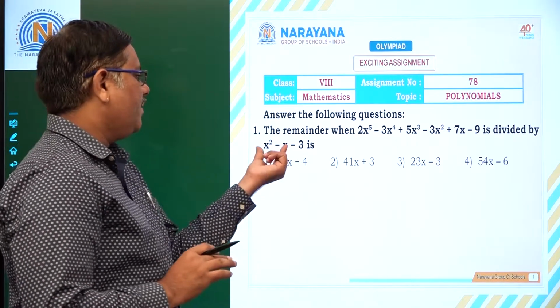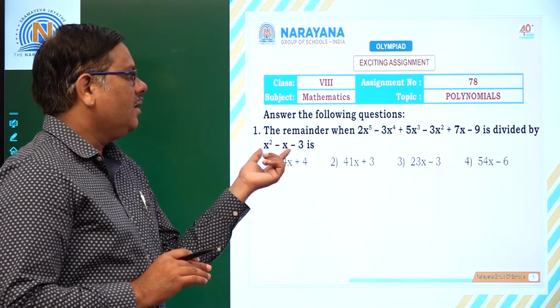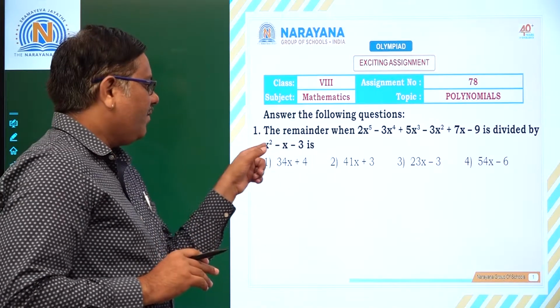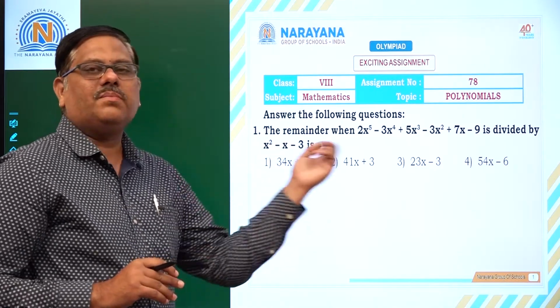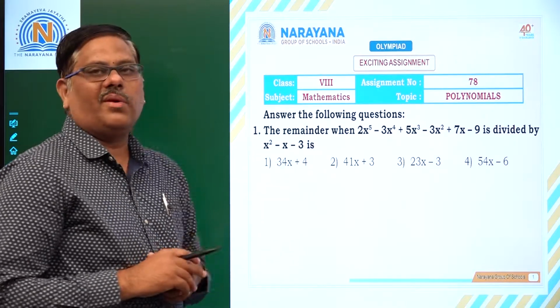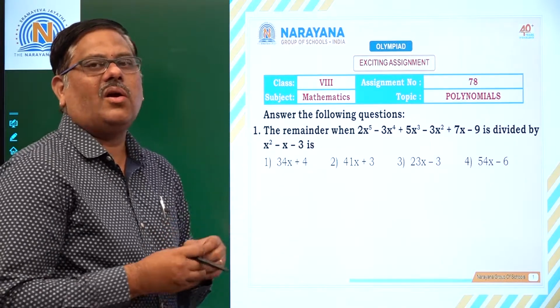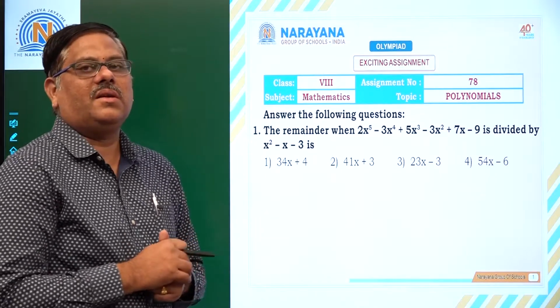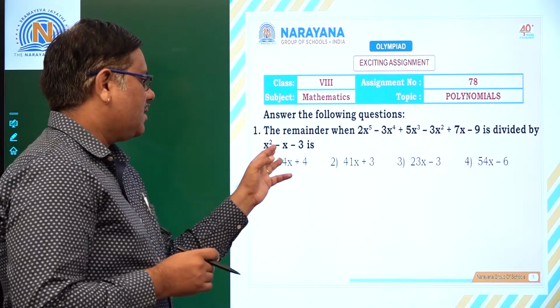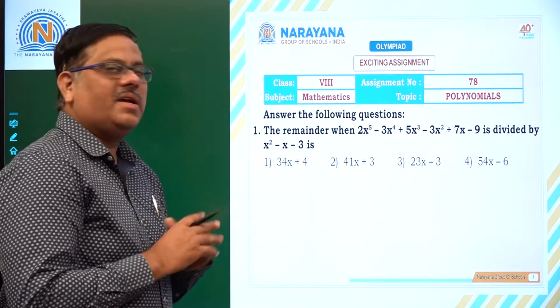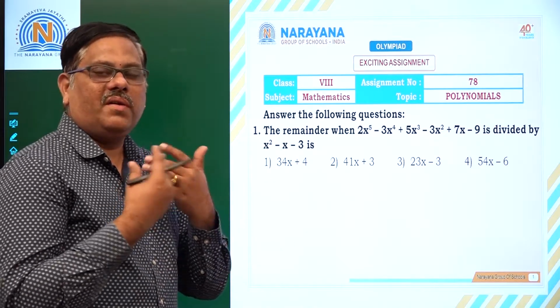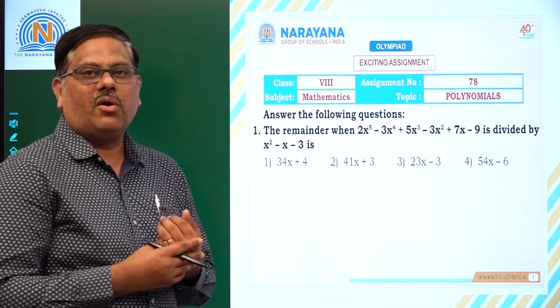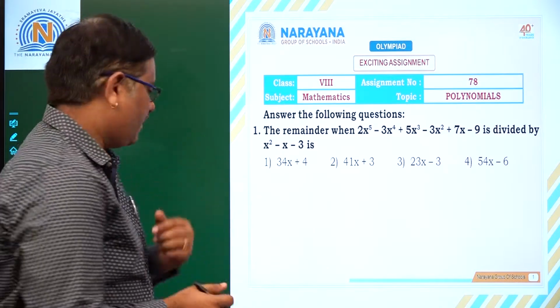So here also we are given a quadratic polynomial as a divisor, but we cannot factorize it in a simple way. We cannot write it as a product of linear factors by using normal factorization. So there is one more method, harmless synthetic division. Whenever you come across such difficulty, you can divide with the given quadratic polynomial in the following way. What is the following way? Let us see.